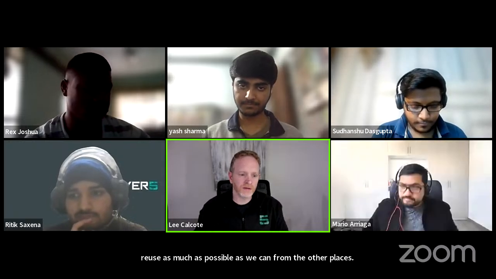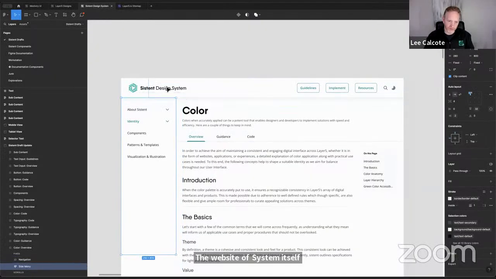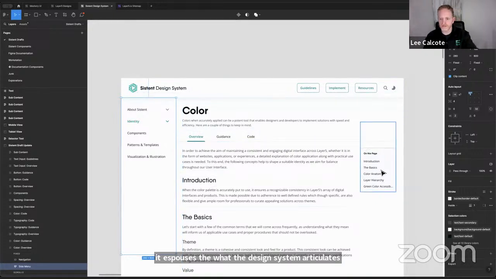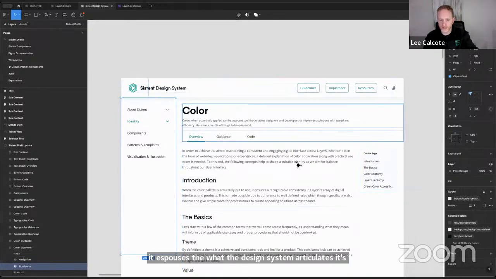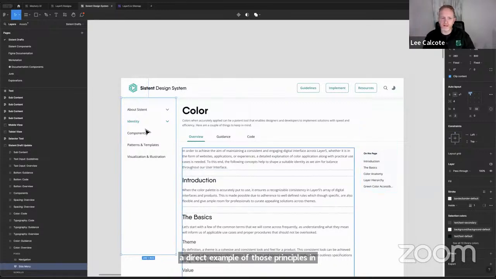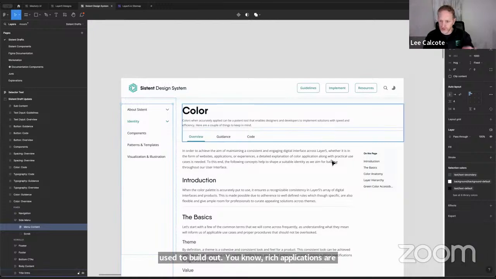The website of Systent itself is ideal if it espouses what the design system articulates. It's ideal if the site itself gives a direct example of those principles in action. It would be nice if the same components used to build rich applications are also used on the site itself.